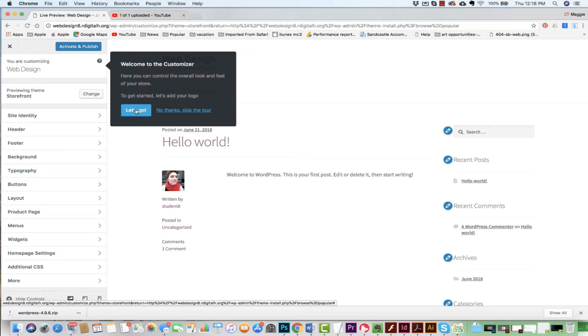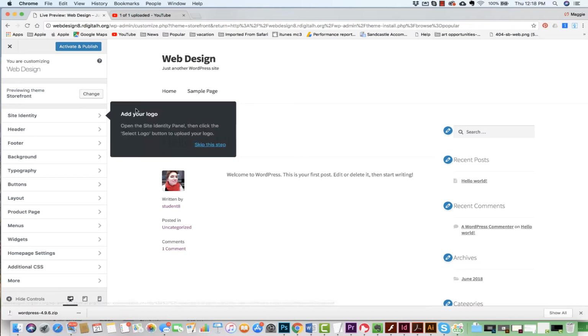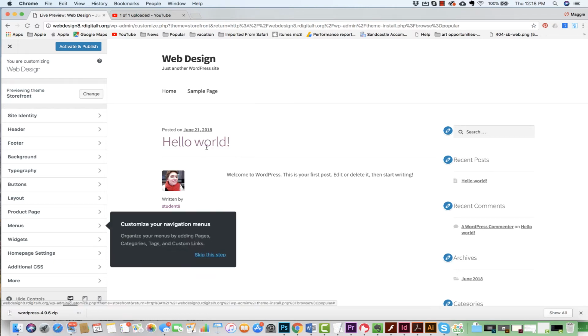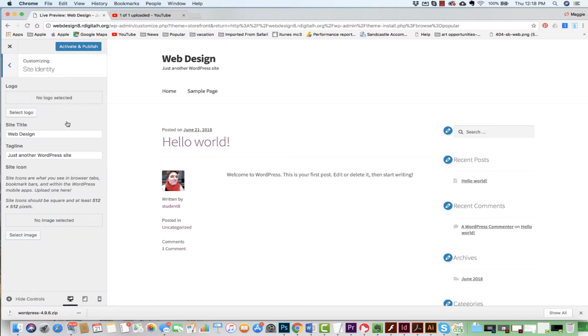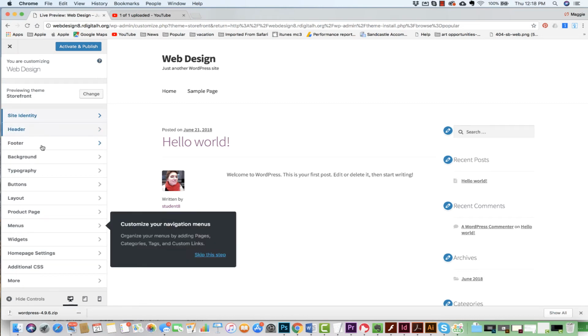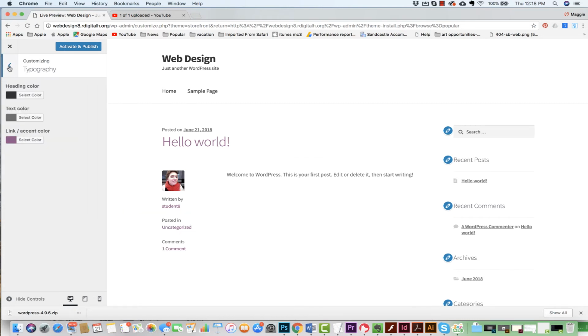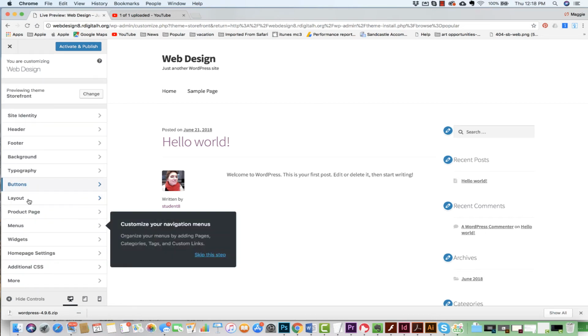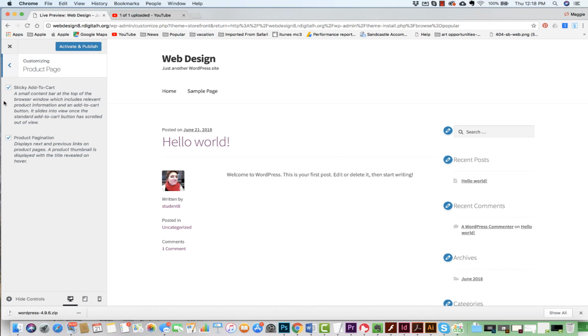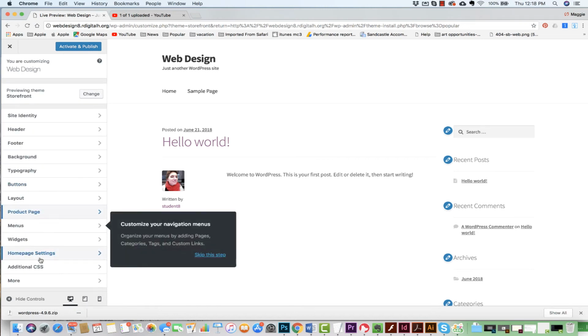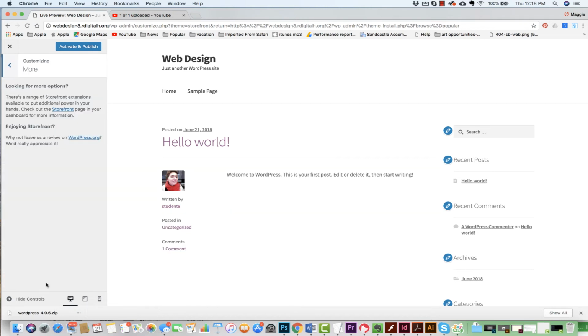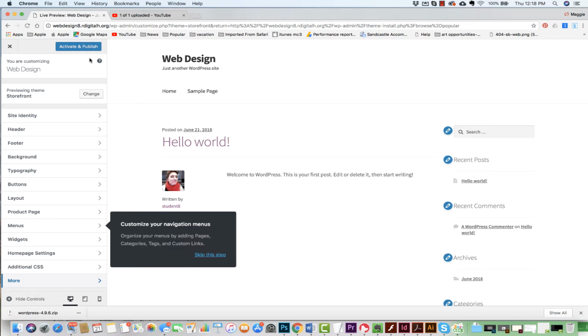You can say, okay, welcome to Customizer. There's the site identity. You can add your logo. You can add a header. We can add a background. We can change the color of the typography. We can work with the buttons, the colors, the layout, a product page, widgets, homepage, additional CSS, and even more. So if I hit Activate and Publish,